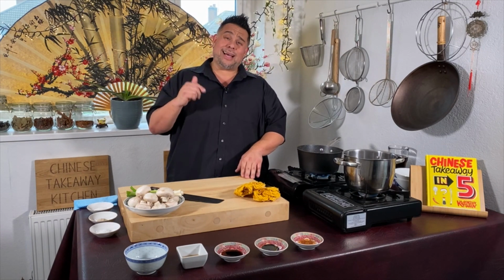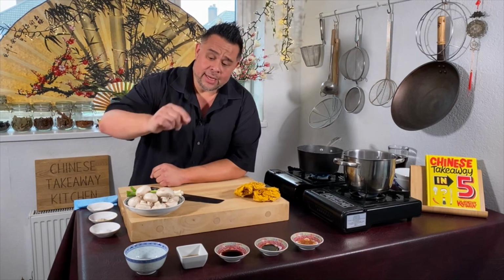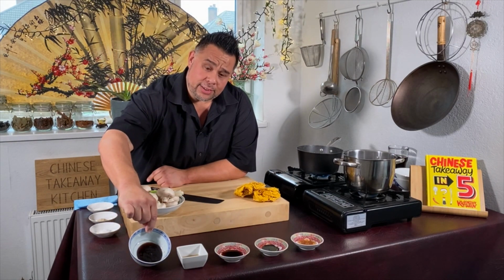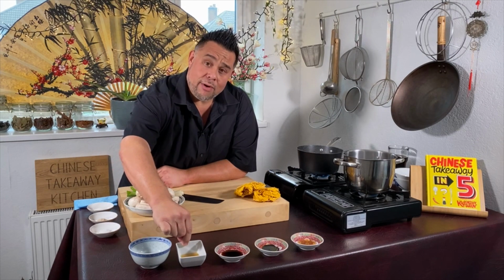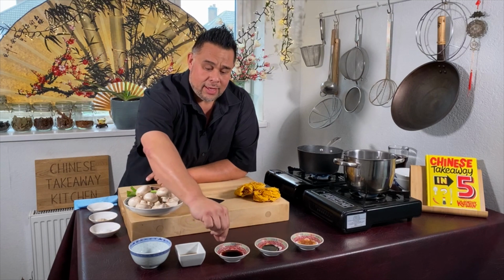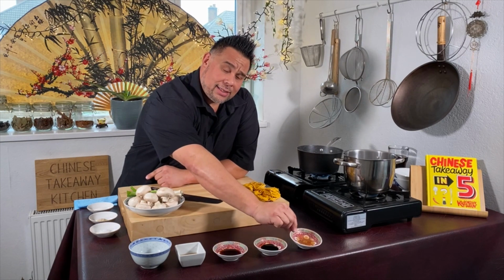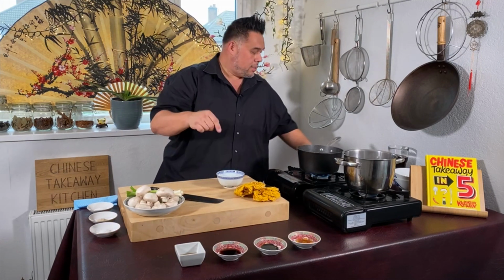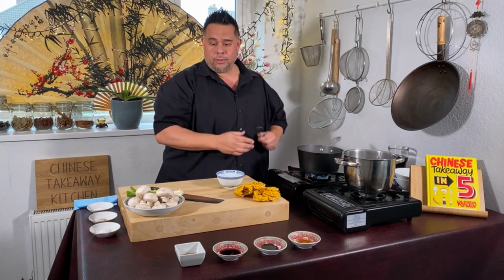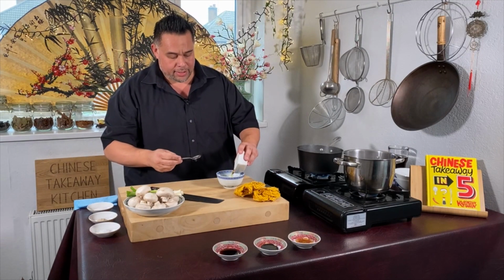So the first thing that we're going to do today is make our own stir fry sauce. For this, we're going to need some oyster sauce, some Shaoxing rice wine, or dry sherry, or even red wine you'll probably get away with, some light soy sauce, some dark soy sauce, and some sesame oil. I've put the oyster sauce in a larger bowl, and to this, I'm going to add some Shaoxing wine,